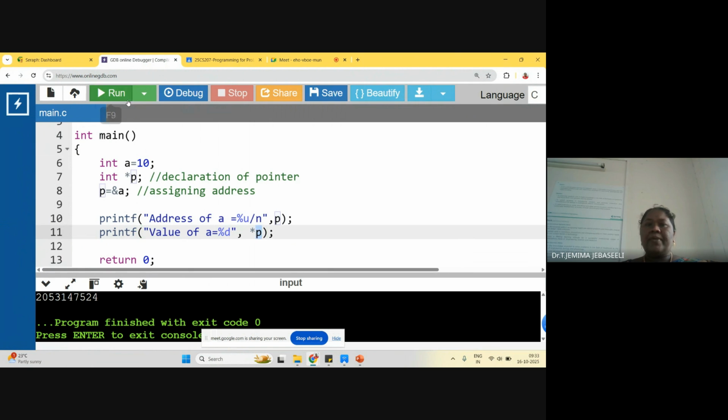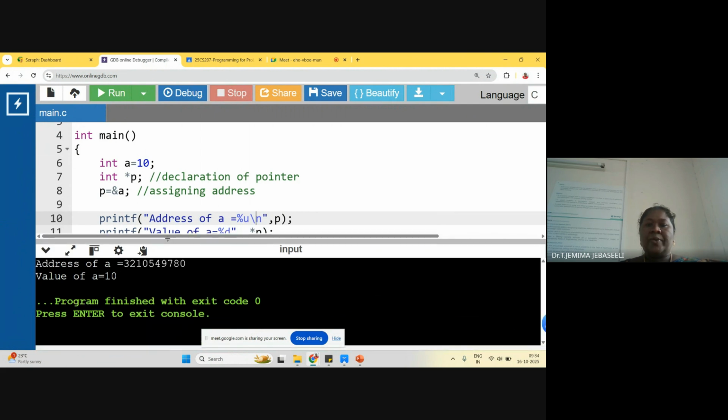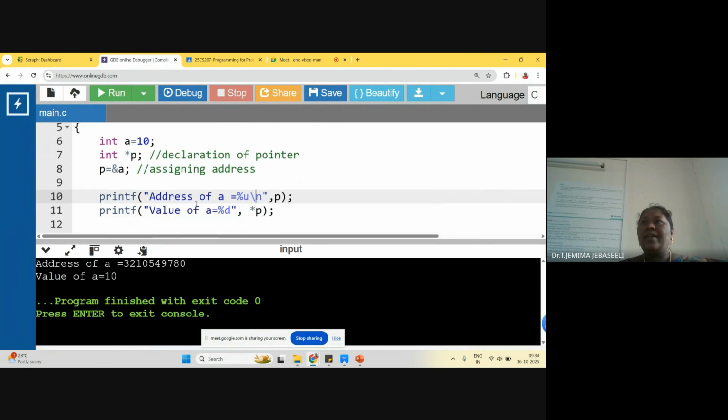When you print star P, it prints the value. Can you see that? The address is also printed, and it is not a permanent address, so the physical address changes often. So this is the procedure.